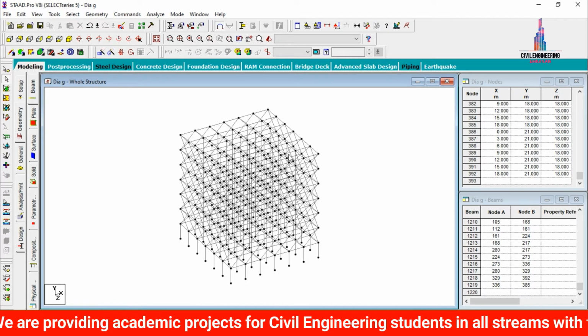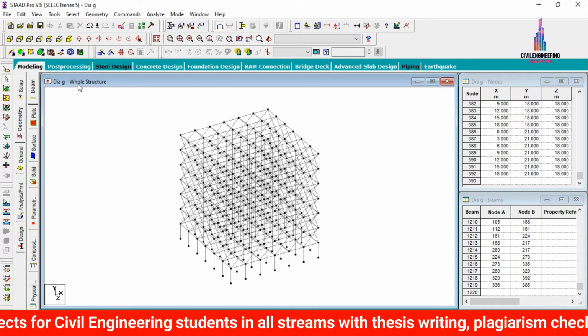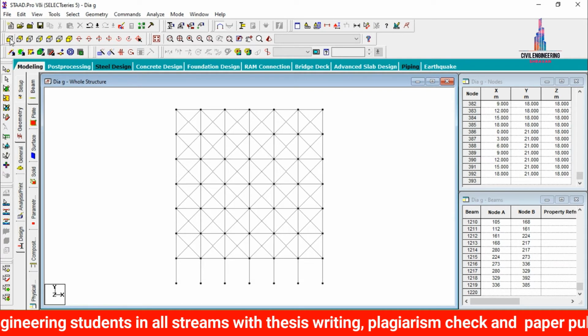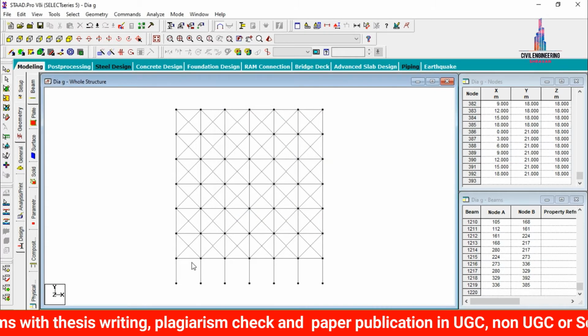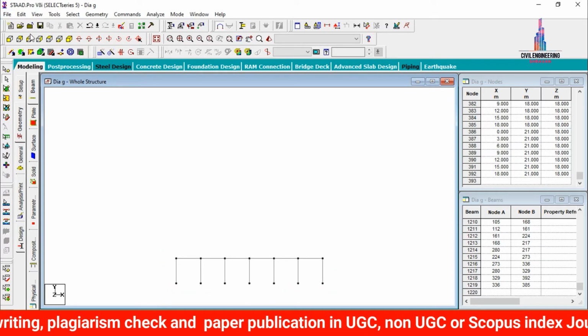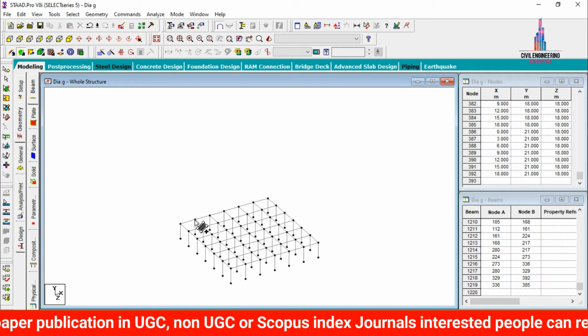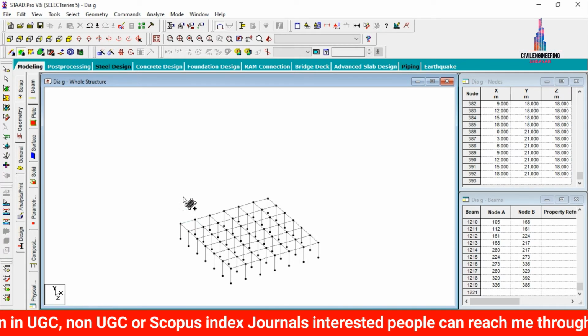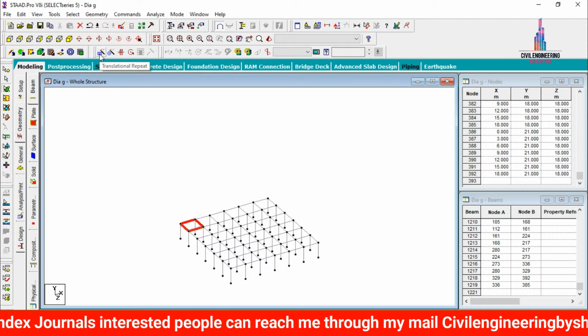After modeling these diagrids, we need to assign the plate section for this building. Initially we need to select the front view here. Go to cut section command, click on selective view, click on OK. Here we have to cut the ground story. Now we have to select the add 4 node plate option, select the first point, second point, third point, and fourth point. Again we have to select the plate cursor, select this plate, and go to translational repeat.